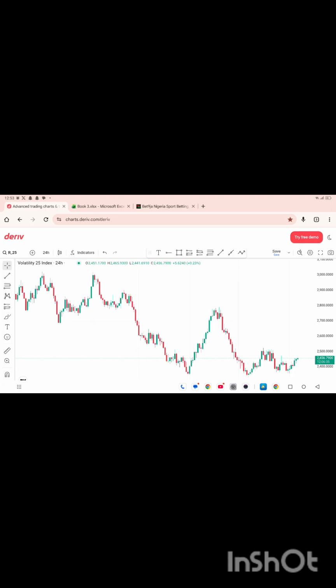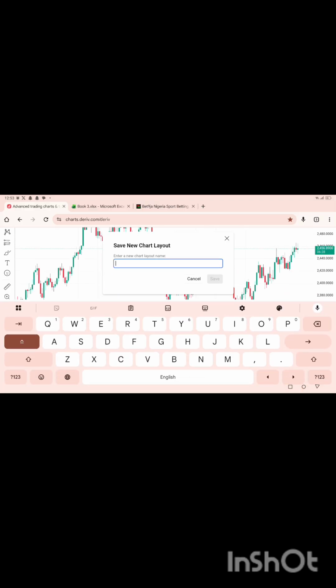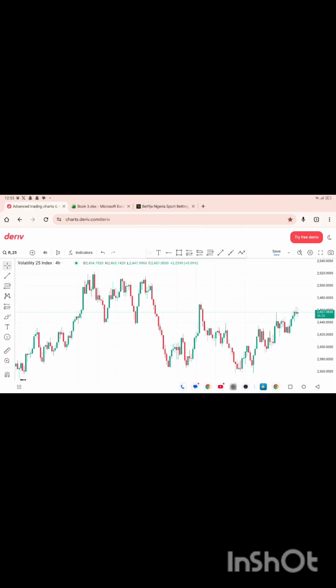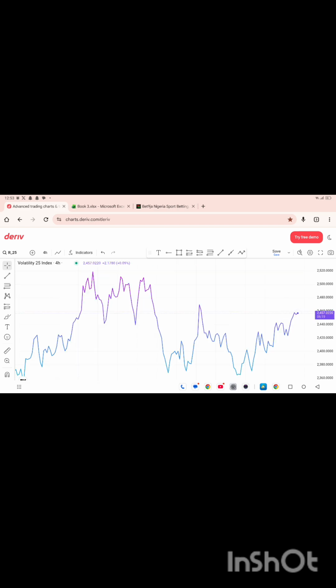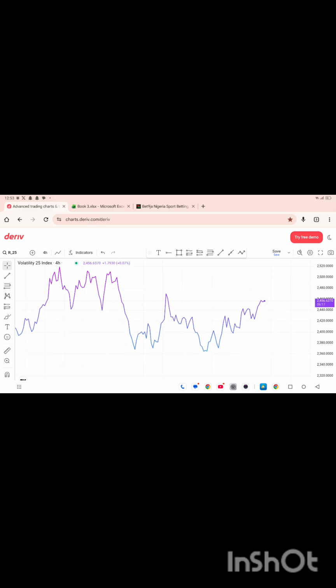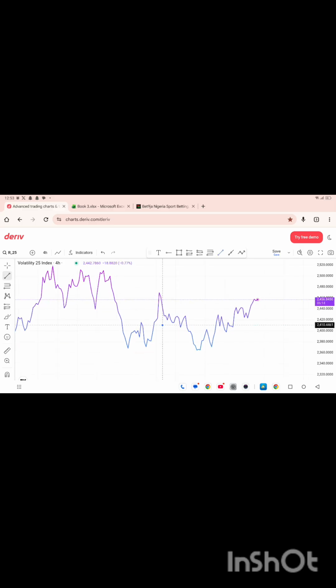This is how we keep it simple and clear, and with this you can trade any pair. All you need to do is go to your 4 hours time frame. From your candlestick chart, change it to your line chart and watch the direction of the market. So now we have seen the direction of the market. We have seen that the market is breaking structure to the high side. This is 4 hours. Bring out your trend line and mark it out like this,